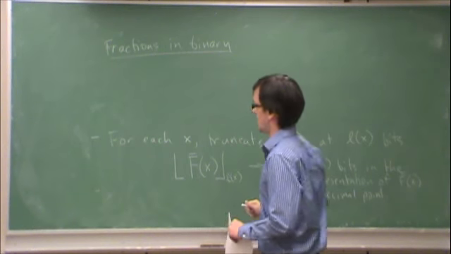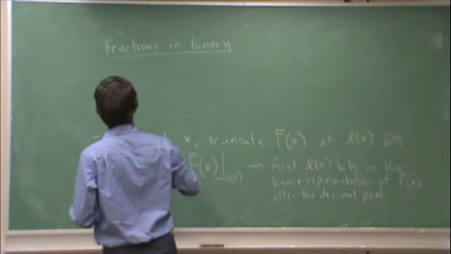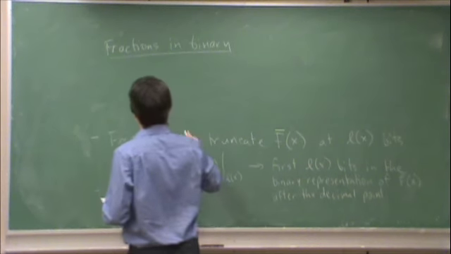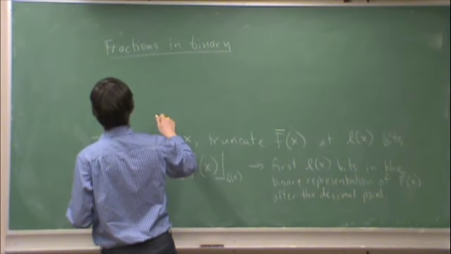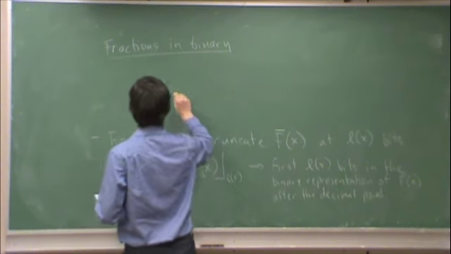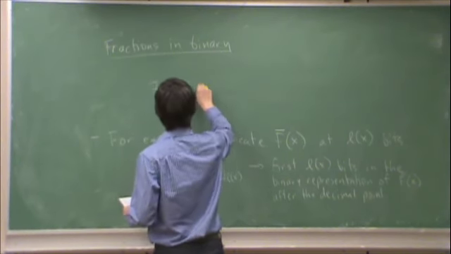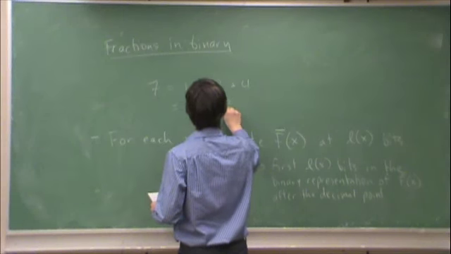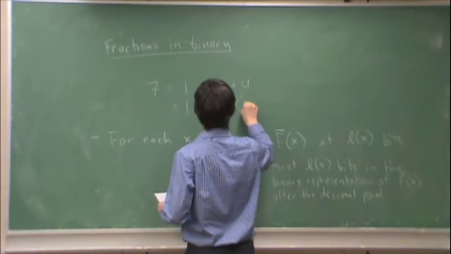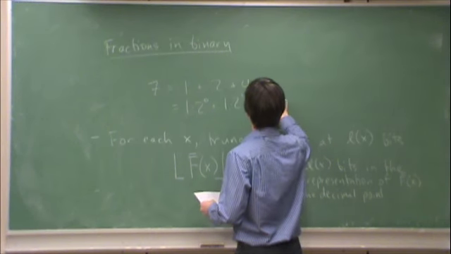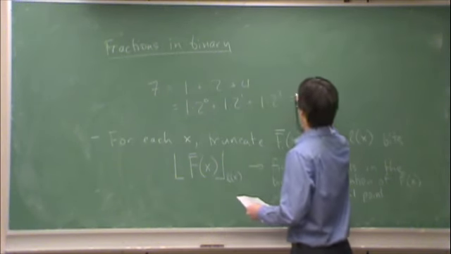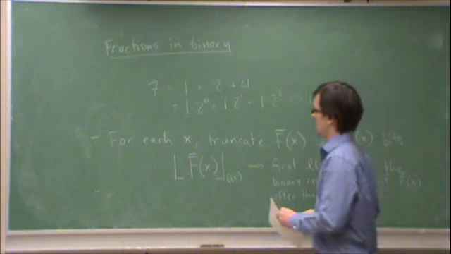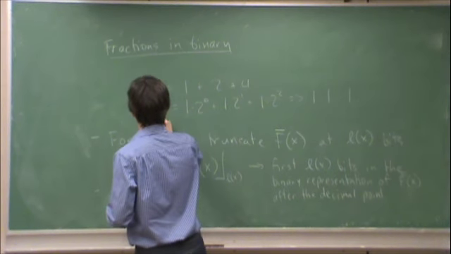Just as a quick aside, how do we represent decimal numbers in binary? For instance, if I had the number 7, I know that this is equal to 1 plus 2 plus 4, which is 1 times 2 to the 0, plus 1 times 2 to the 1, plus 1 times 2 squared. So the binary representation of that is 1, 1, 1. On the other hand, if I have a fraction, let's say 0.5,